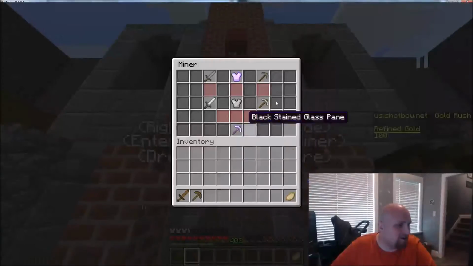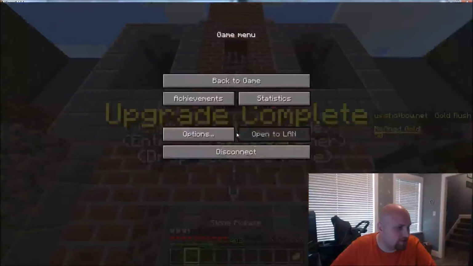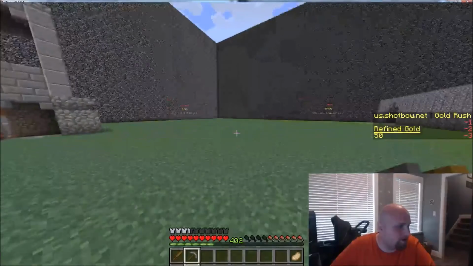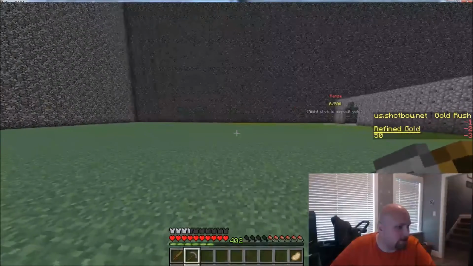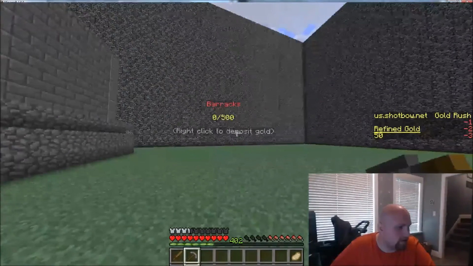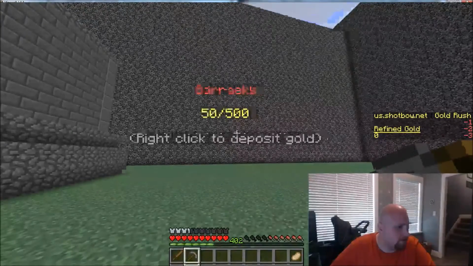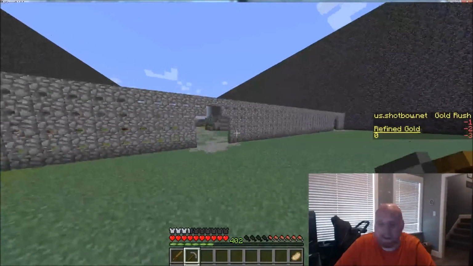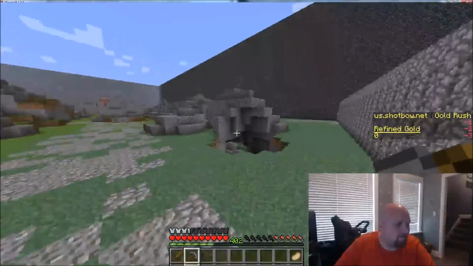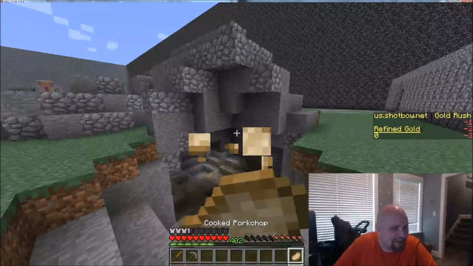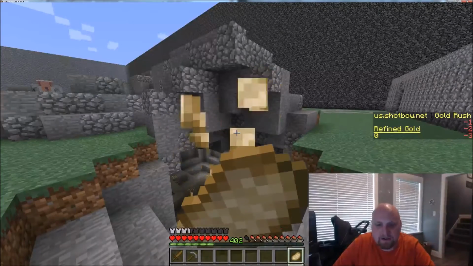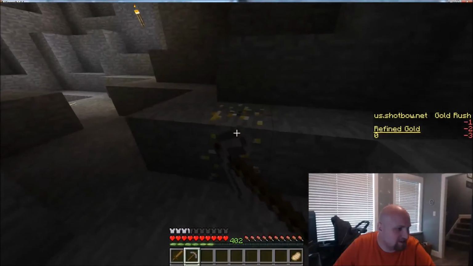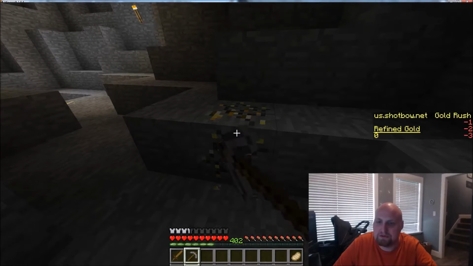Anyway, so here we go. For instance, I would upgrade the stone pick. When you upgrade things, it'll upgrade your entire team. And as you can see over here, I've got various buildings. There's a range, there's a barracks. So if I right click here, boom. Also, I want you to appreciate, I'm going to point this out so that everybody doesn't miss it, I painstakingly worked to create a fun little animation for when you get and lose gold. One second, I'll show you this. Just everybody hold your breath.